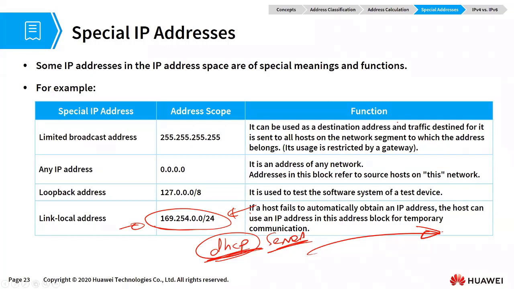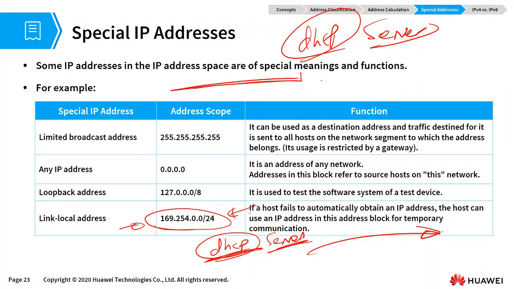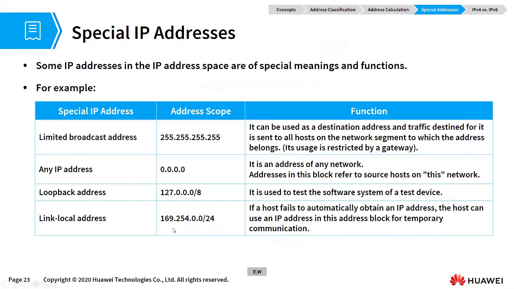When your computer is told that it will get a DHCP server to allocate an IP address, that computer believes it needs to be able to speak on the local network. When it doesn't find a DHCP server to give it an IP address, it assigns itself an IP address automatically. Yes, you heard me right. It assigns itself an IP address automatically because it needs to be active on the local link. That address is called a link local address, and it will always be in the range